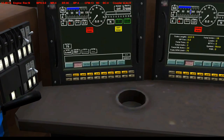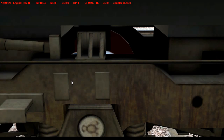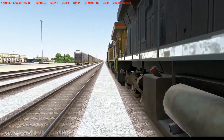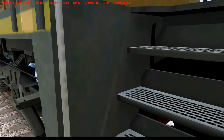You can see now that I fired it up, it's starting to build up air pressure. Will take a while. I do have handbrakes applied, so I'm going to go ahead and release them, let it build up pressure without pumping it straight into the cylinders. Head on to the ground. My first locomotive is complete. I'm going to walk back to the second engine, attach myself,